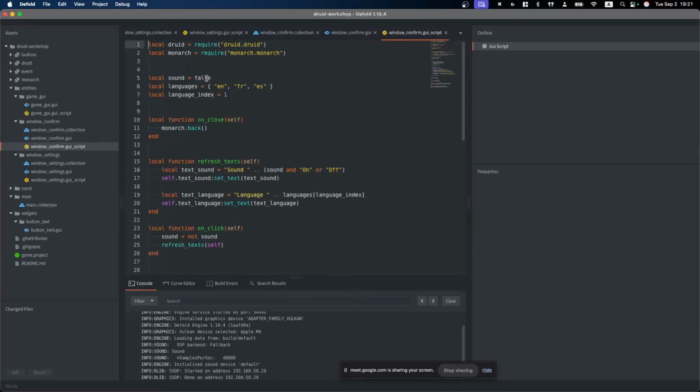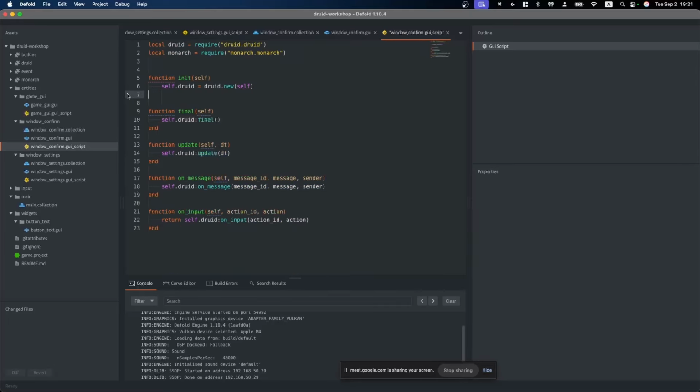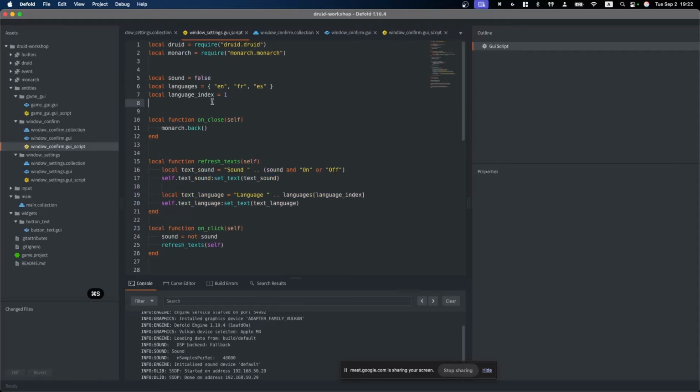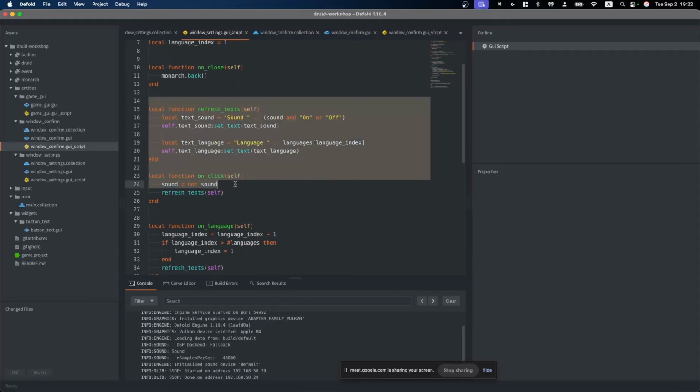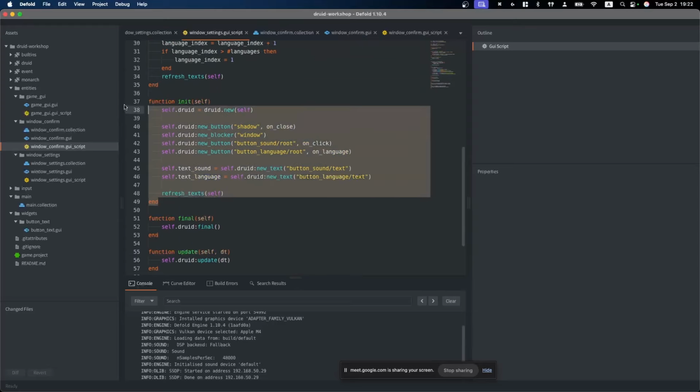We don't want to use it anymore, so let's clear it. And we don't want to use the functions at the top, because when you open Windows settings now, it's kind of messy: there are a few actions here, and you see the init functions, which you probably want to see first. For Windows settings, window confirm.